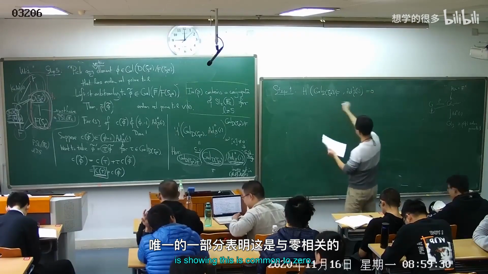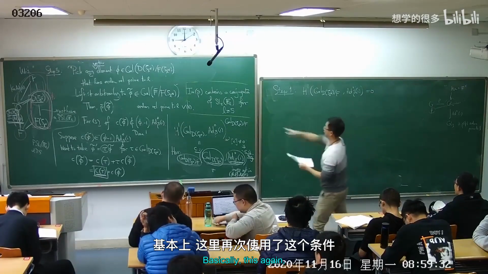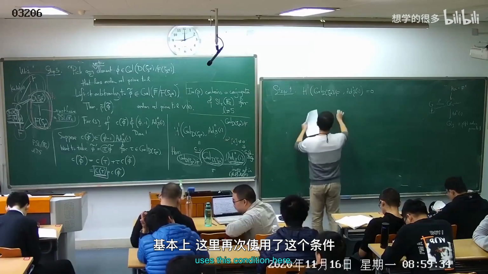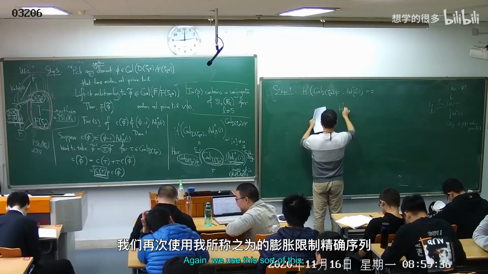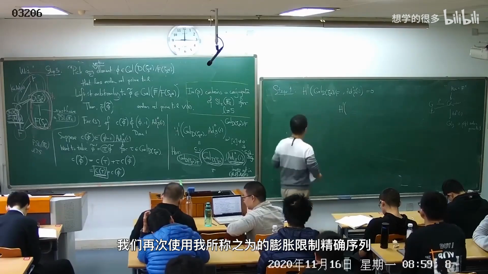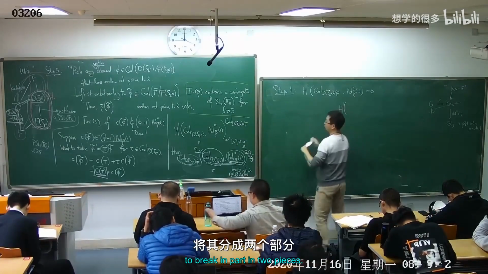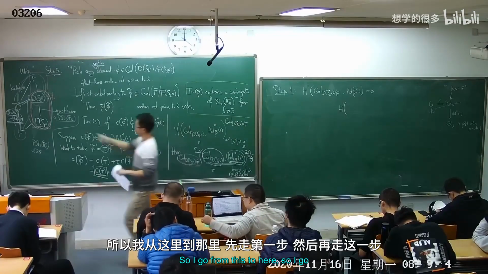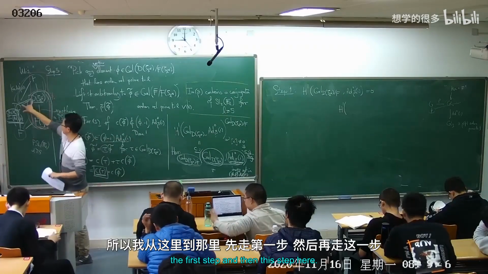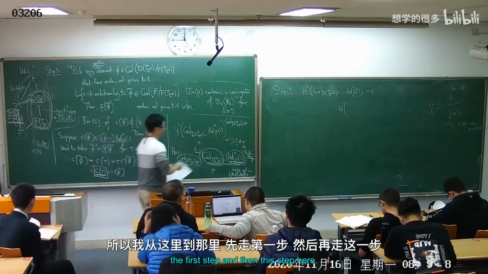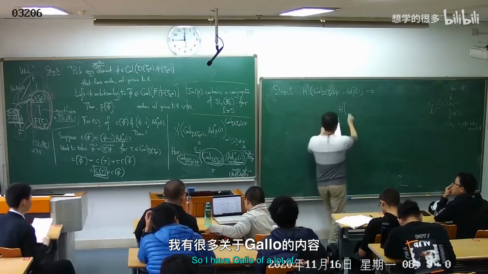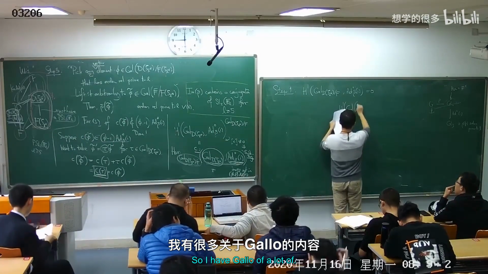The only piece is showing this is common 0. Basically, this again uses this condition here. We use the inflation-restriction exact sequence to break it apart into 2 pieces. So I go from this to here. So I go the first step and then this step here. So I have Galois of